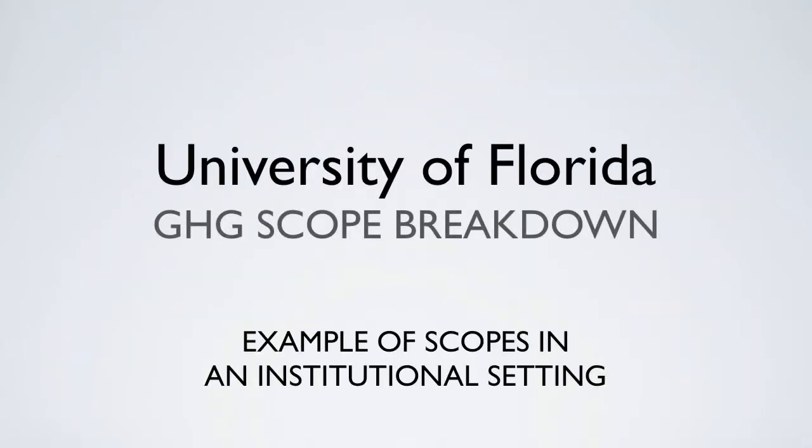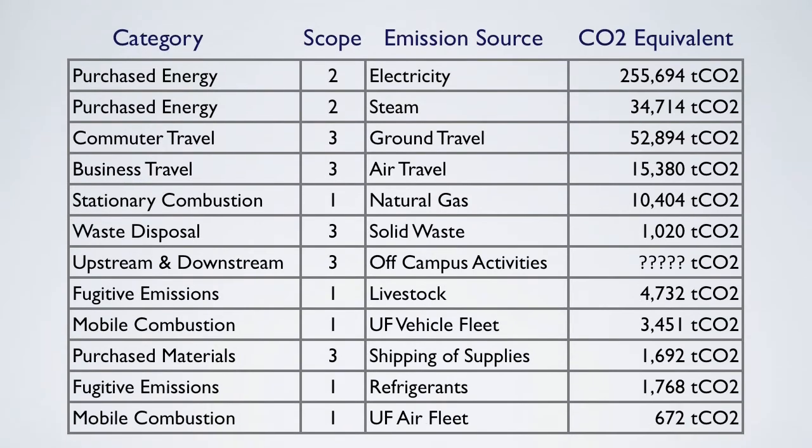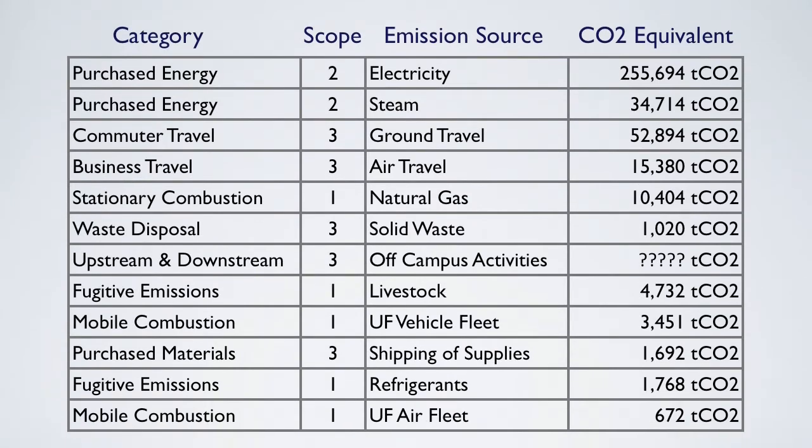The University of Florida Greenhouse Gas Scope Breakdown. This table shows greenhouse gas emissions at the University of Florida broken down into scopes. The university's Scope 1 emission sources include the stationary combustion of natural gas for space heating at the over 900